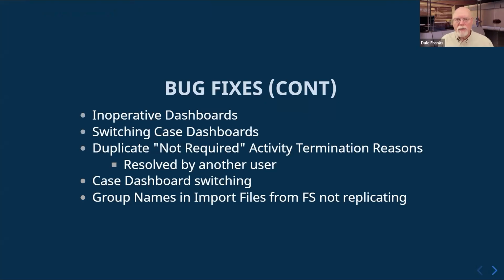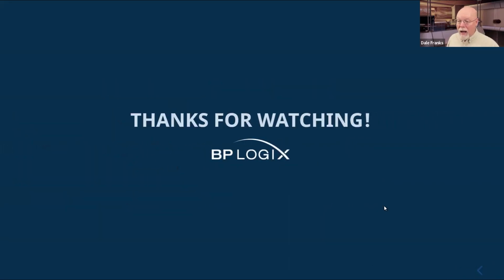What was happening was it was importing the items, but the group names for those items were not being replicated into the parent timeline instance whenever those files were imported. So we got the files, but we didn't copy over their group names. Those group names now copy over so that later on in the process, if we need to bifurcate out particular documents that are in a certain group, the timeline knows what group it is now, because it had lost that previously. And it appears that that is it and all that I have for you.